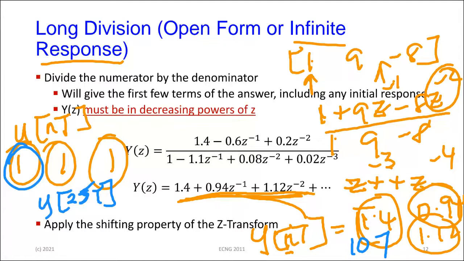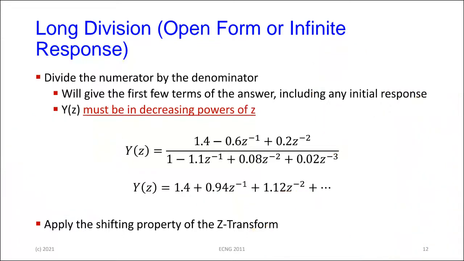So this is the first way of finding the inverse transform. You divide the numerator by the denominator. It must be in this form, right? Increasing powers of z to the minus n, however you want to put it. In other words, start with the number and keep increasing the negative powers going off to the right. Then you divide the numerator and the denominator very carefully. And usually you stop after the first, let's say, 3 divisions, because all you're interested in is the first few